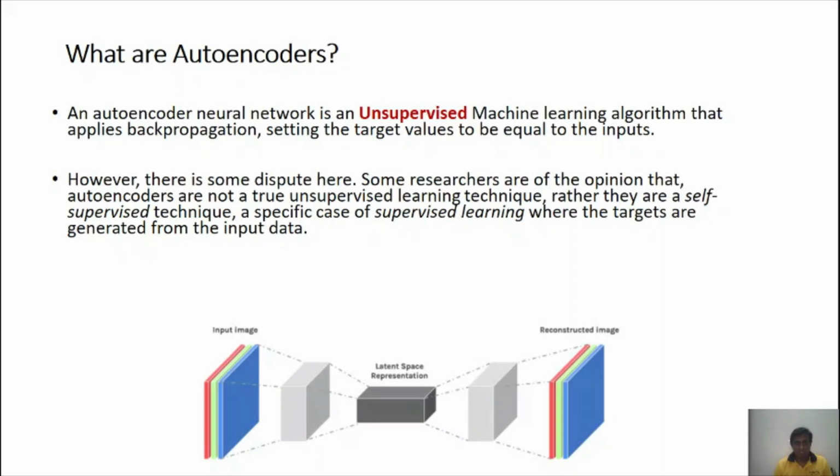So there is a little bit of argument about that, but still the idea is that you do not have to specify a class label to any of the samples that you are giving in, and it basically tries to compress whatever you have given, maybe a 1D or a 2D image, and then tries to reconstruct the